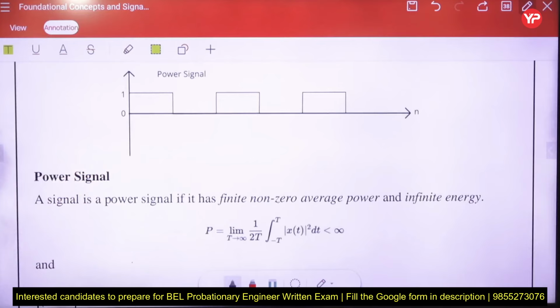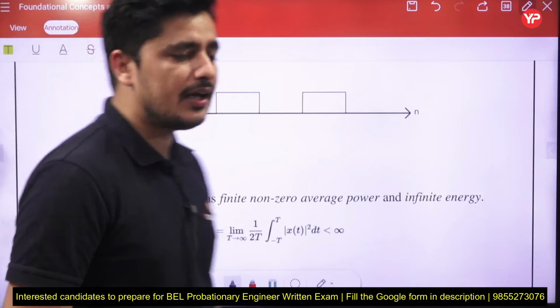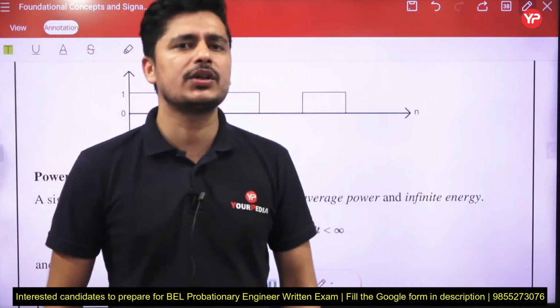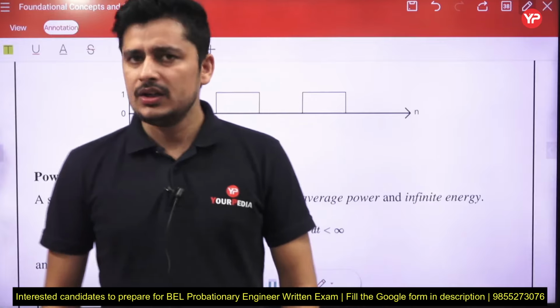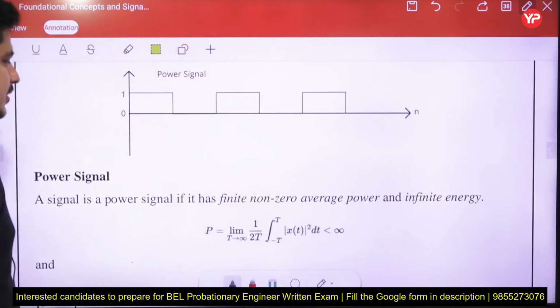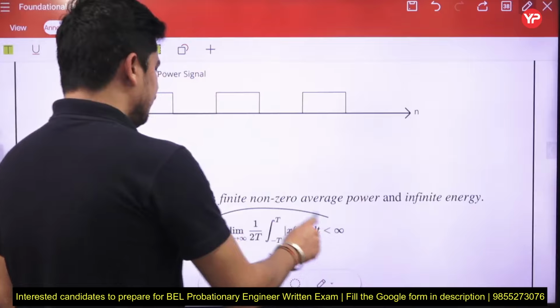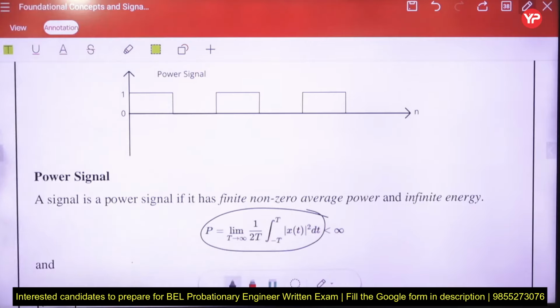Another thing is power signal. Generally the power signals are those signals which have infinite energies. First we go for the energy. If energy is infinite, then we will go for the power. So power of any signal is defined by this formula. If power is finite, then only we can say this is a power signal. This is called average power. And always remember, the power of